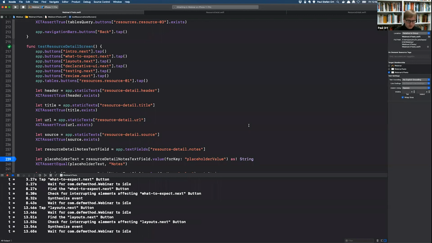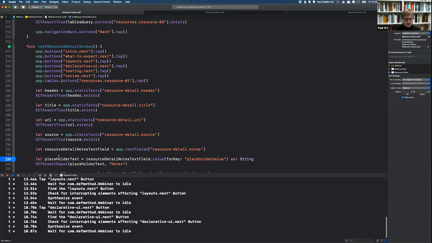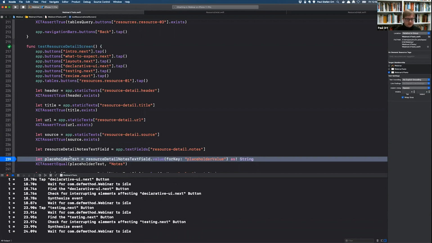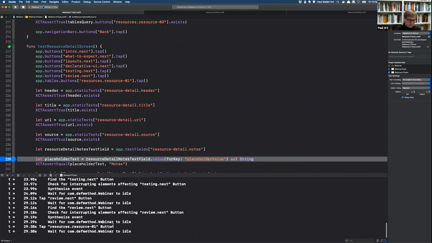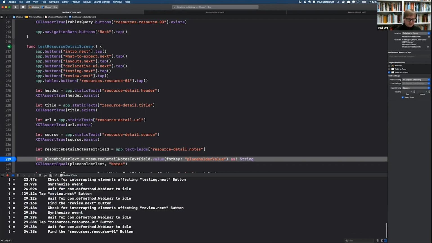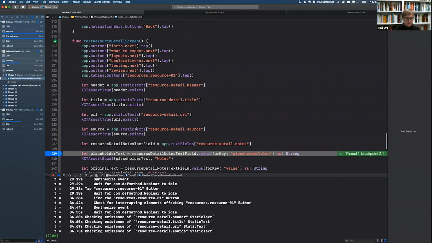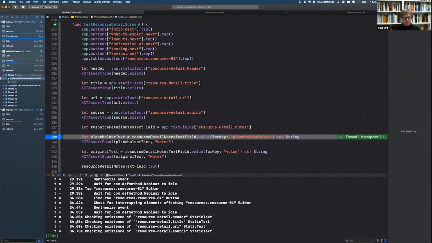is especially useful here because you get something that, so right now this is running through the initial screens. We have a breakpoint here before we get to this placeholder text lookup. We can see here by the fact that it's taken 20 plus seconds or more, this does tend to be a slow style of testing, but certainly worth running in a build for a CI. So here we're paused, and if we run this,